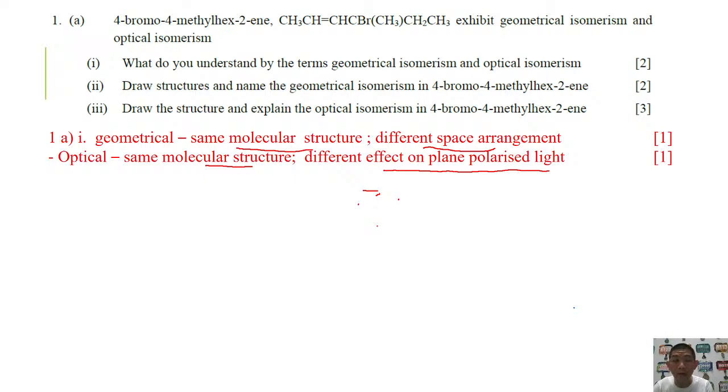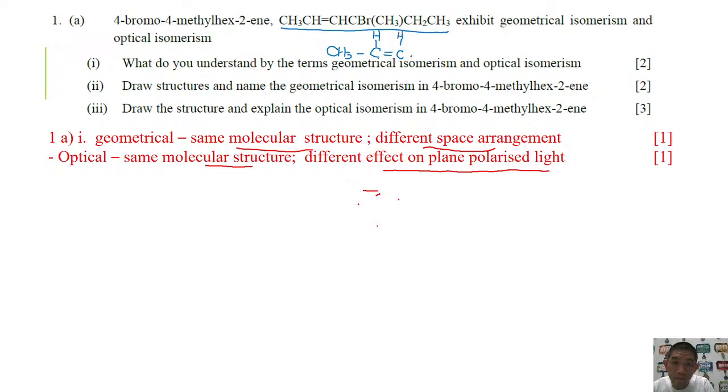So you have to understand from the structure in here. In STPM, usually they give you a condensed or partially condensed structure. So you have to learn how to open up the structure as in this one. When you open up the structure, it will look more or less like this. Okay, you open up the structure, it will become CH3, CH, and then you have the double bond,